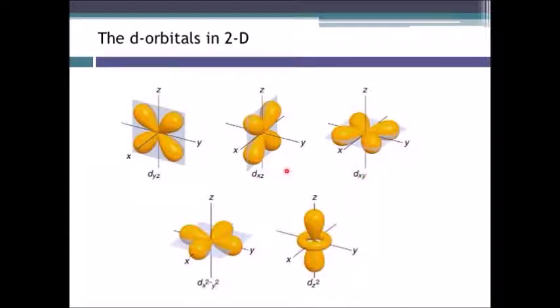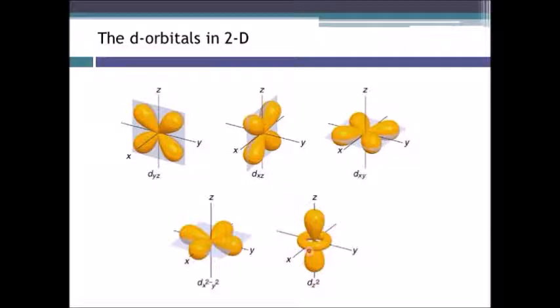This is the dxz orbital. This is the xy plane. So this is a yz plane and the d orbital is called the dyz orbital. Again we have one more, dx square minus y square. That is another orbital which has been derived mathematically, which we shall learn later, and this is the dz